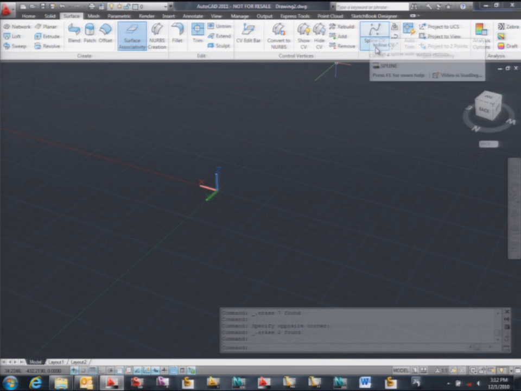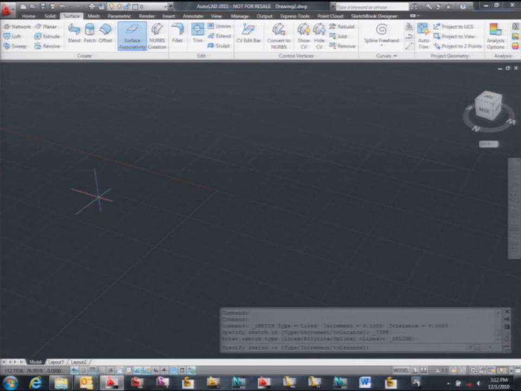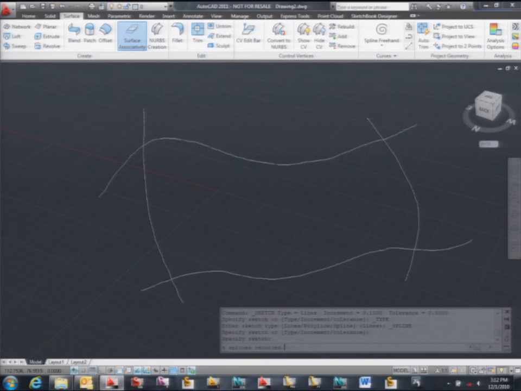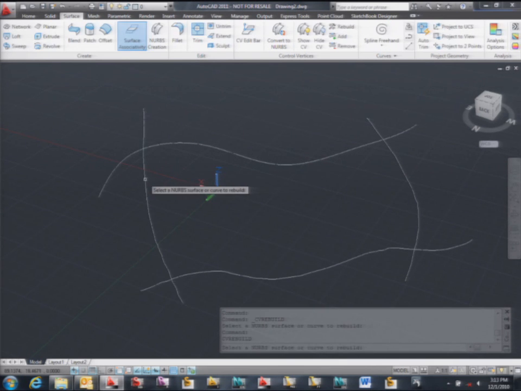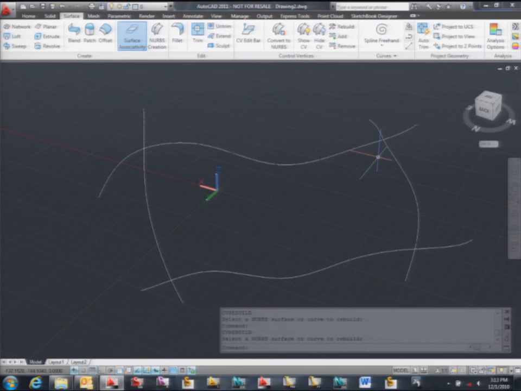For example, let's say that I use sketching like the Spline Freehand, and I create these 4 splines. I'm going to rebuild them a little bit so I get less controversies, like something like 8. I'm going to do this for each of them. This is not a batch operation, of course, because there's no way that you want to do this in batch. And I'm going to trim these parts here